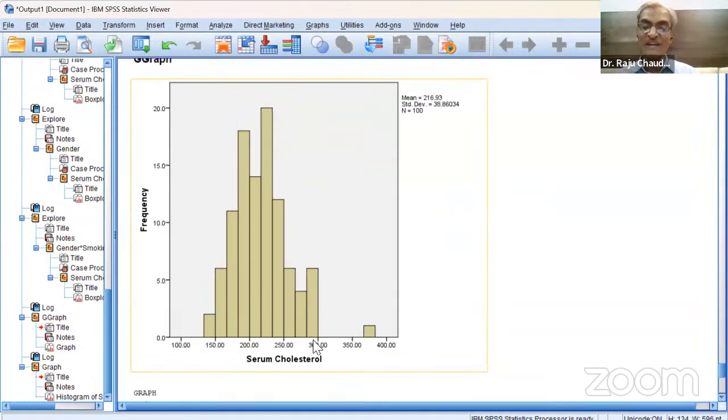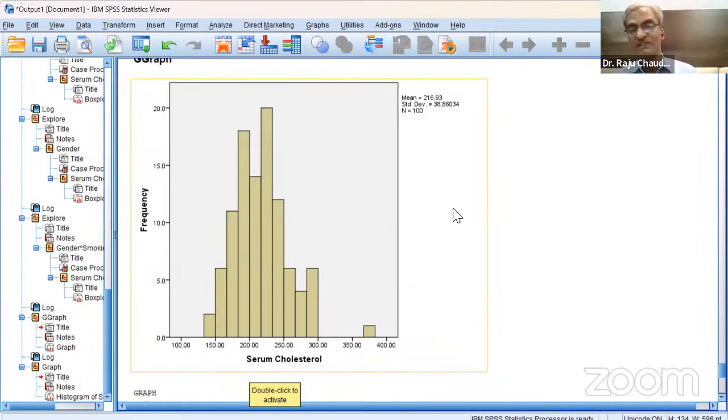Except for this value, because that is an outlier, most of the observations have a bell-like structure. It is not exactly symmetric, but we can see there are very few respondents having lower serum cholesterol. The majority are within the range of 200 to 250, and there are very few having the